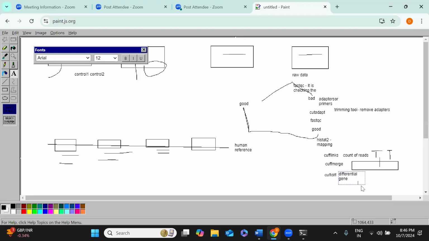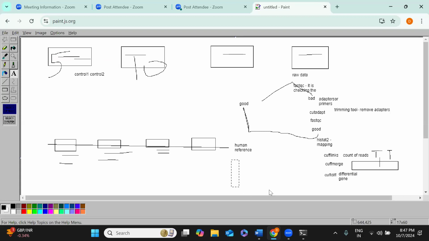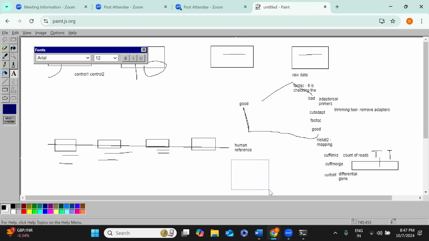So at the end, you are getting the differential gene expression file. This file is very important for the analysis. And after this differential gene expression file, we are going to do some post-analysis steps. That is, if you want to see significant genes,